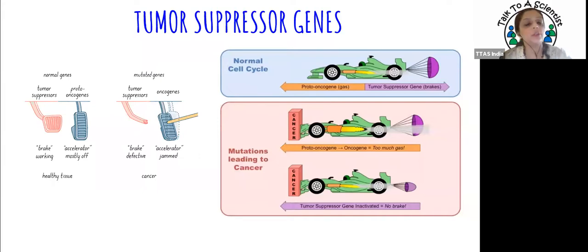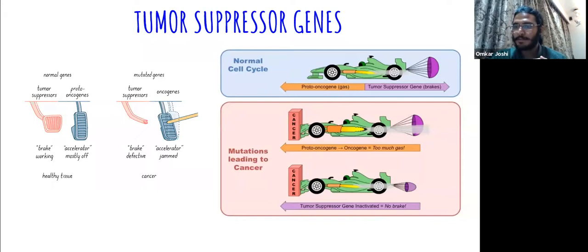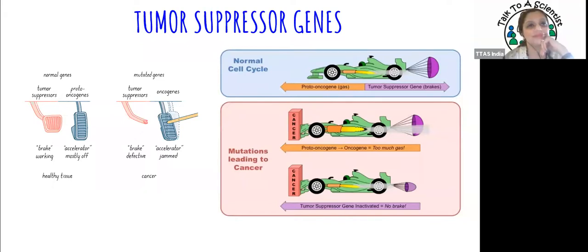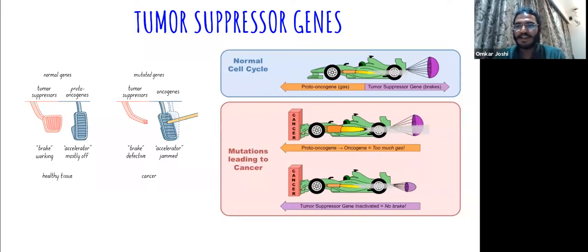So what you're saying, Omkar, is that usually full-blown cancer needs both these hits. Yes. So usually what happens is if you have one of them, the cancer does not still have the full ability to keep dividing. It is only when you have both of these mutations that the cancer really becomes aggressive. It will form a tumor. It will also invade other parts of the body. There are enhanced chances because now that you do not have the brake and you have the jammed accelerator, you can just keep dividing, right? And until you have nutrients, you'll just keep dividing.